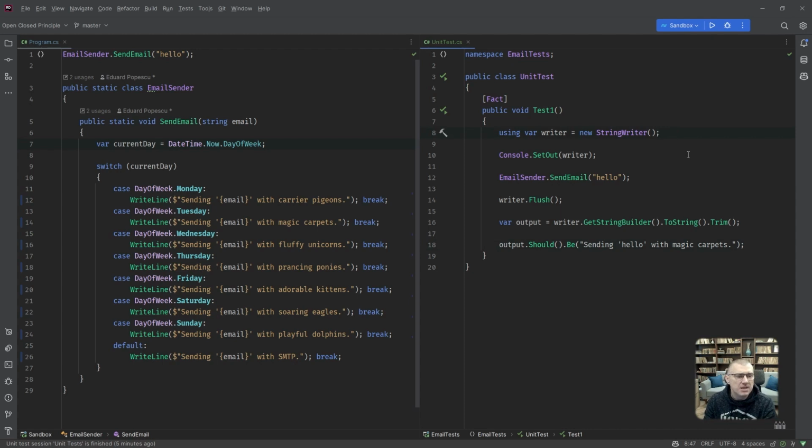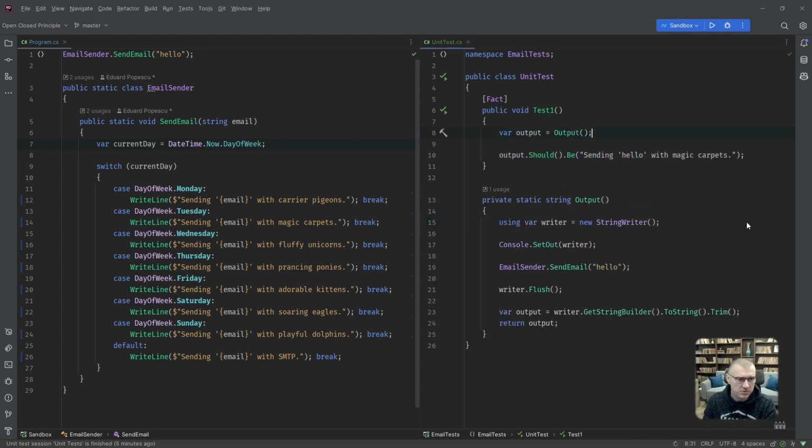Let's see. So I want to do, if you look at this thing, I could take all this stuff and extract a method from it. Okay, let's call it output, doesn't matter. And what you can see here is if you squint your eyes, inline variable, I don't like that. What varies in this code in here? Just this line, right? Which is an action, or actually it's a function. Well, no, it's an action because it doesn't return anything. Sorry, my bad.